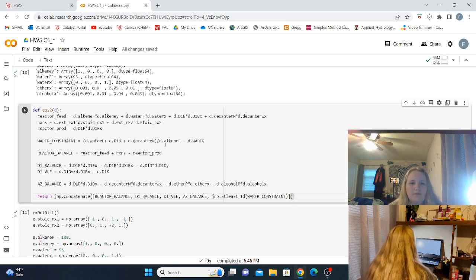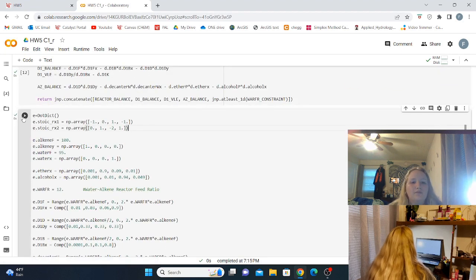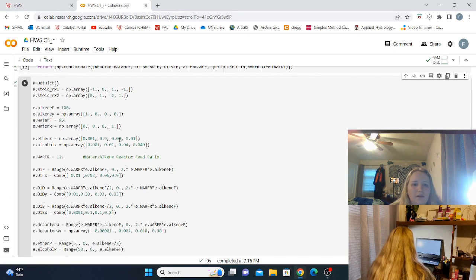So basically, once we combine all of this, we're going to have a total of 17 equations. And for the amount of unknowns, if you do 17 times 17, that's 289 unknowns. So let's go ahead and run this. Okay. Now, what I've done here is, we have 17 equations and 289 unknowns, but now we have to